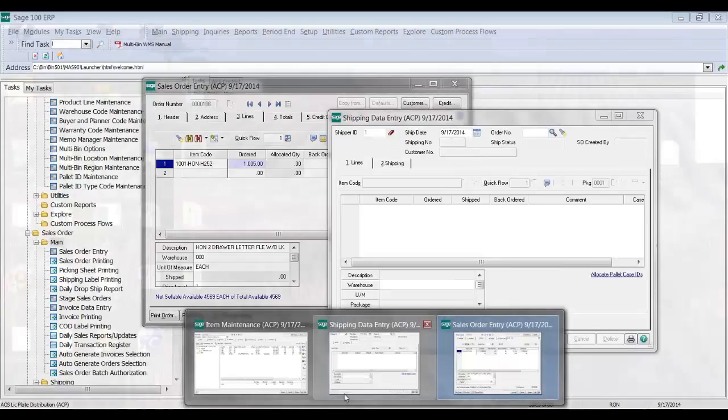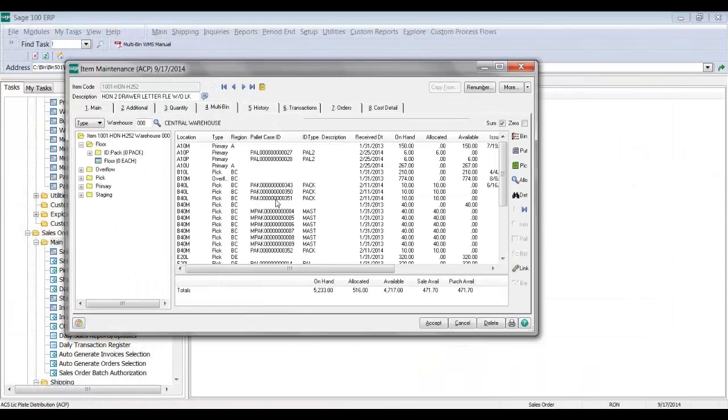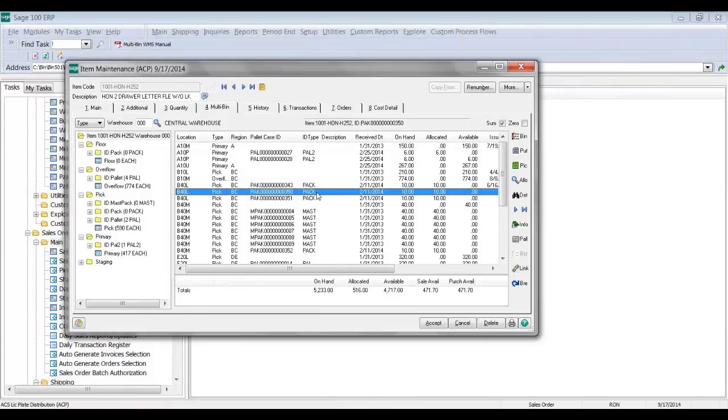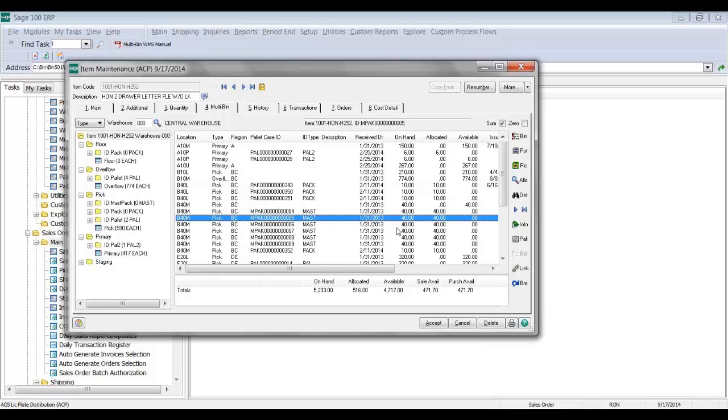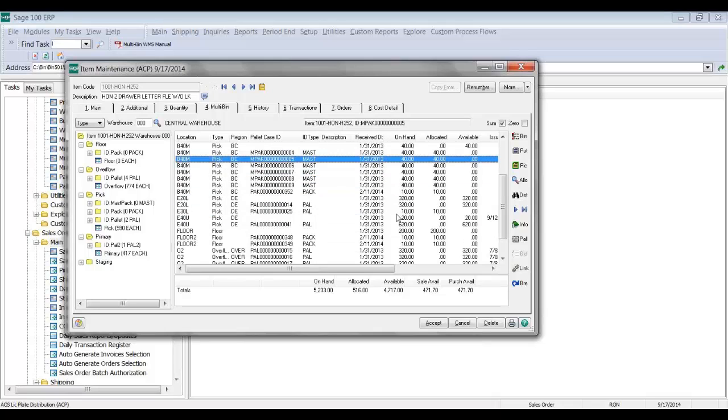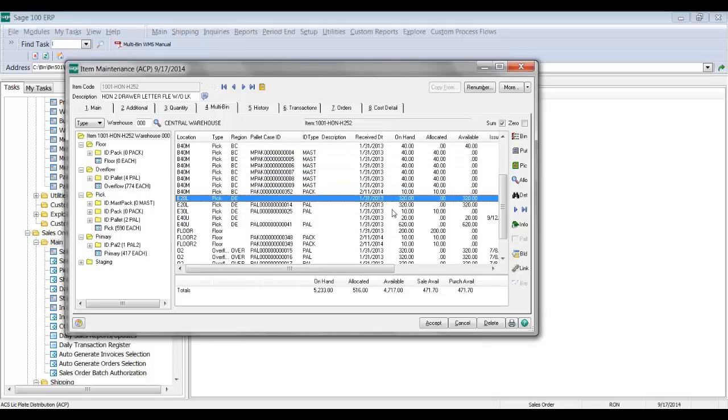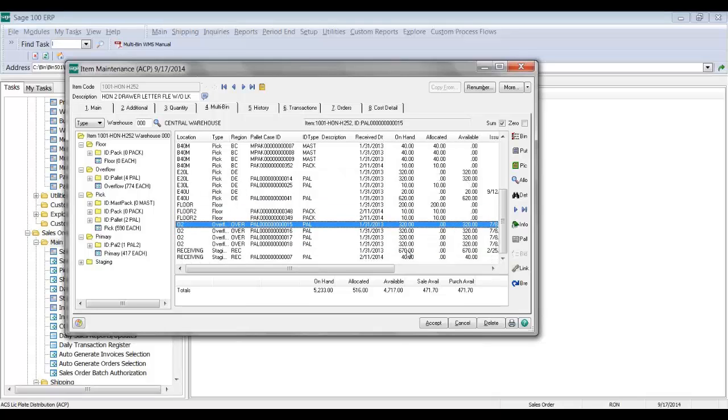So let me pull back inventory maintenance and show the contents of there. As you can tell, I have a lot of different inventory, different sizes. I have pallets, let's see here, there's these packages where there's 10 eaches. I have these master packages where there's 40 eaches, and then I have pallets, which there are 320 of them